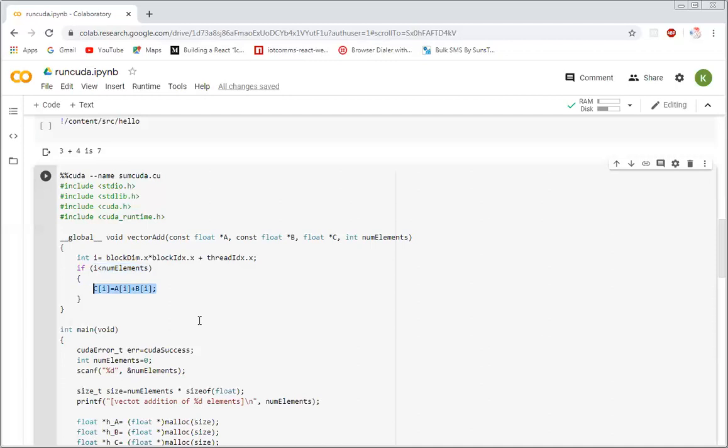In other words, each thread accesses different values and its summation result is stored